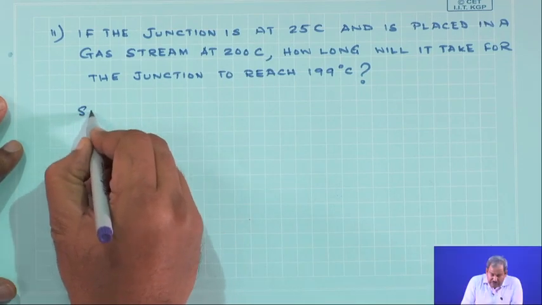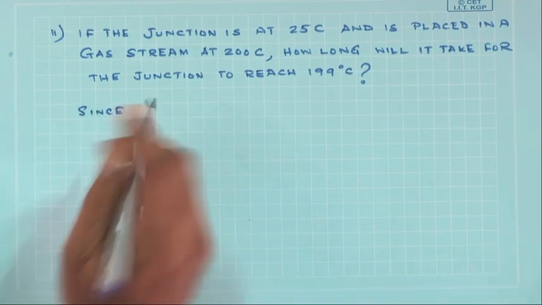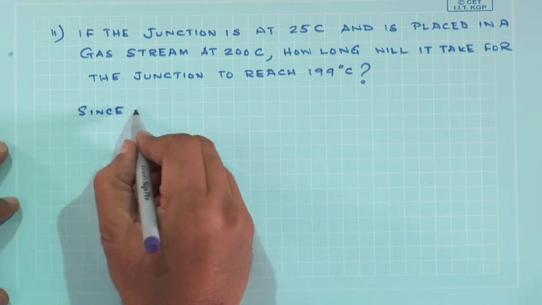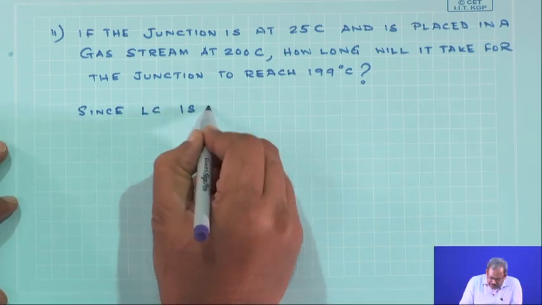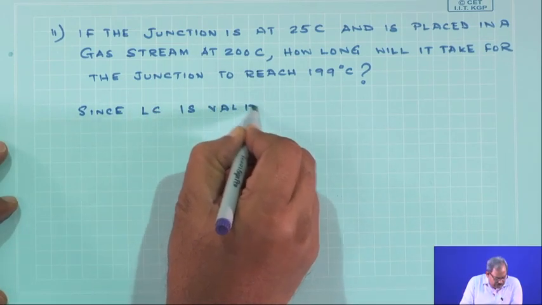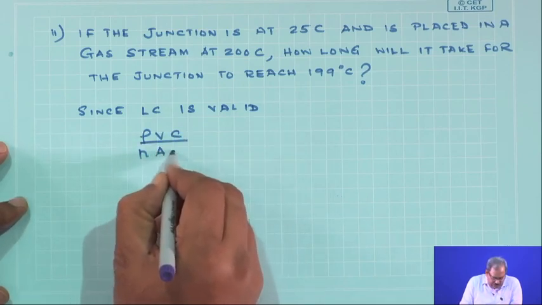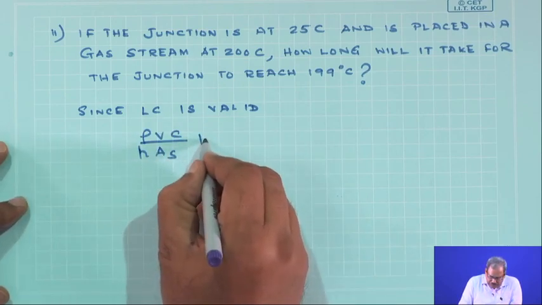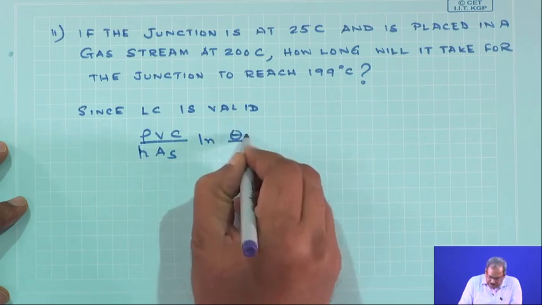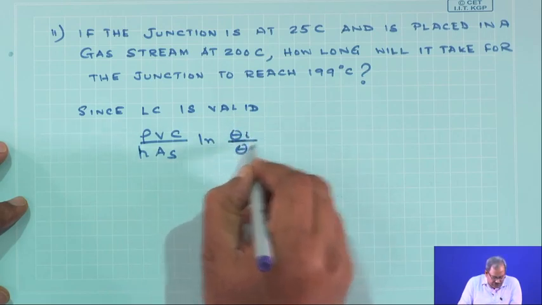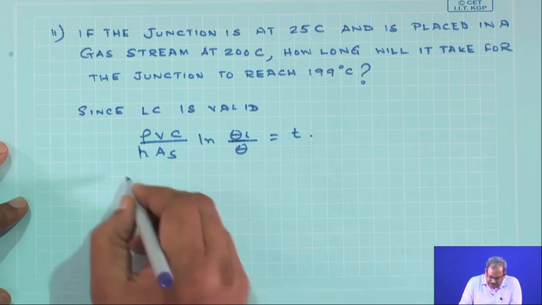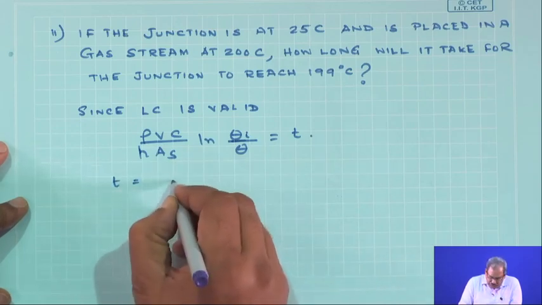Since lumped capacitance is valid, rho V c by h A s times ln of theta I, the initial temperature difference, by theta is equal to t. So, your time would be rho